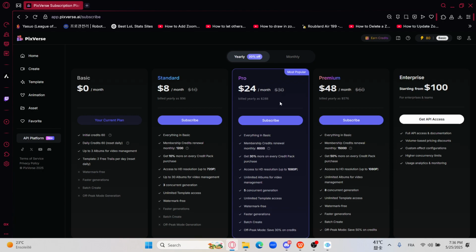If upgrading isn't an option, some users have explored alternative tools to remove watermarks. However, it's important to note that these methods may not be officially supported, and could potentially violate PixVerse's terms of service, as I told you in the beginning of the video. As advice, always ensure you have the right to modify and use the